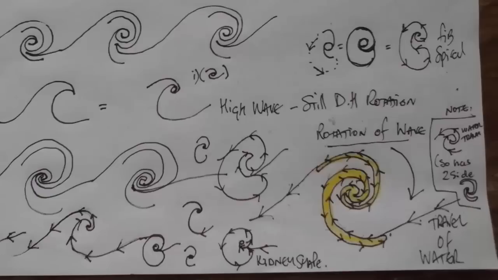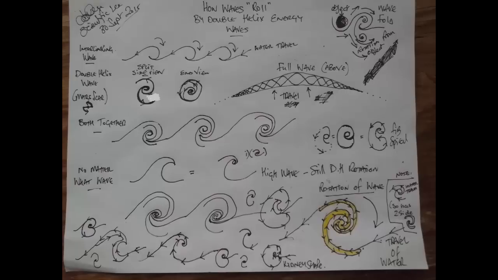because water is a perfect conductor for energy, which is why you're made of water, because you're electricity and electromagnetism. So there we go. That's about it. Water waves explained using double helix energy, because that is how all energy travels, and matter conforms to energy, and basically energy rolling one direction will cause matter to roll in the opposite direction, because that's pure physics. For every action there is a